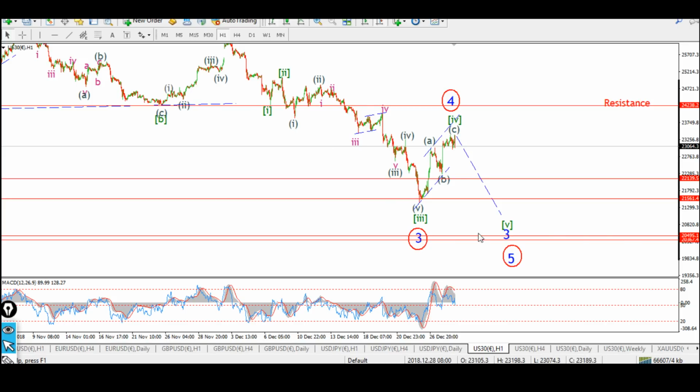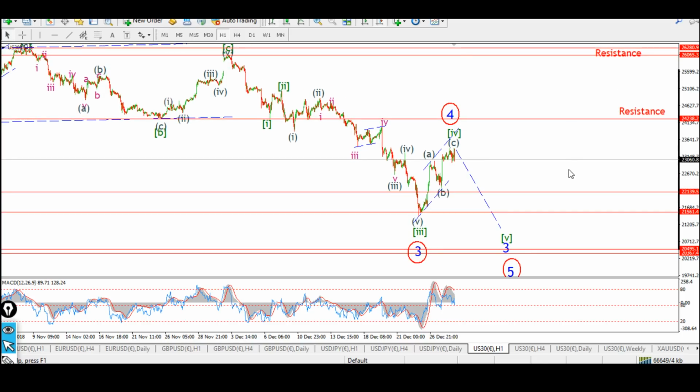For the moment, I'm going to stick with the third wave down, still underway, and I think we'll break that 22,000 level again. I think we may even push towards the higher end of the 20,000 level by the time this either third wave or fifth wave is complete. So that's the outlook for stocks over the coming week. Let's move on to